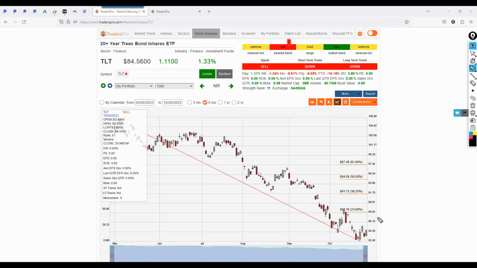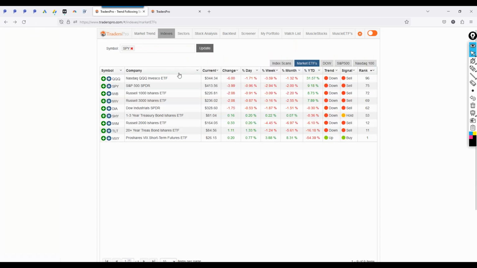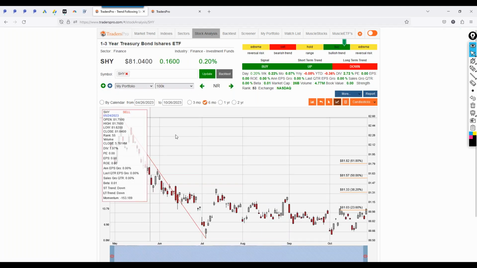If it can rally, I think equities will pause right here as well and start to move back up. So that's actually a good sign to see bonds up 1.5% today. Let's take a look at the shorter term ones as well, because this is also something that we want to be watching. So here in both cases, we're seeing bonds, the long bond, the short bond, both moving higher,